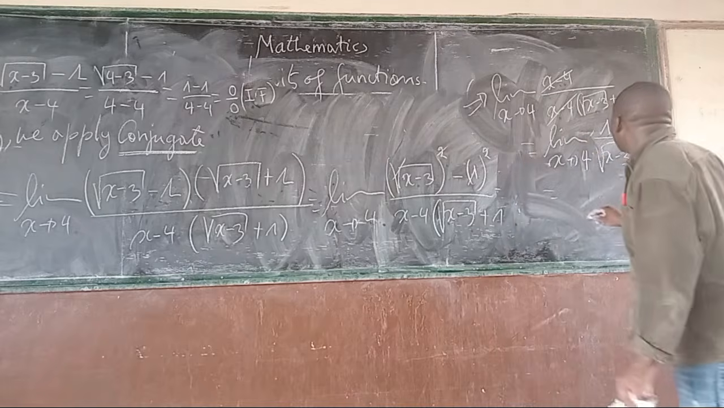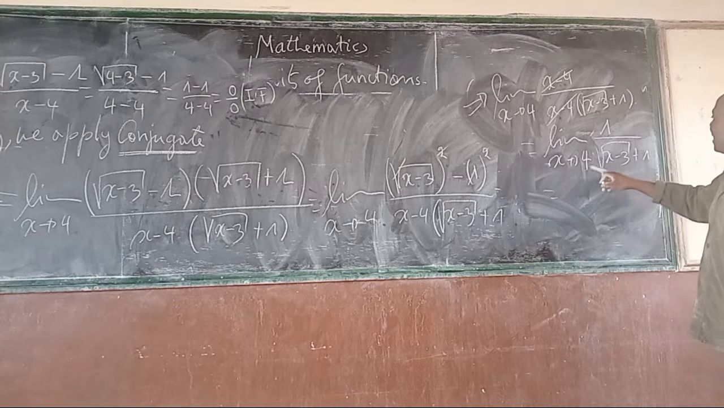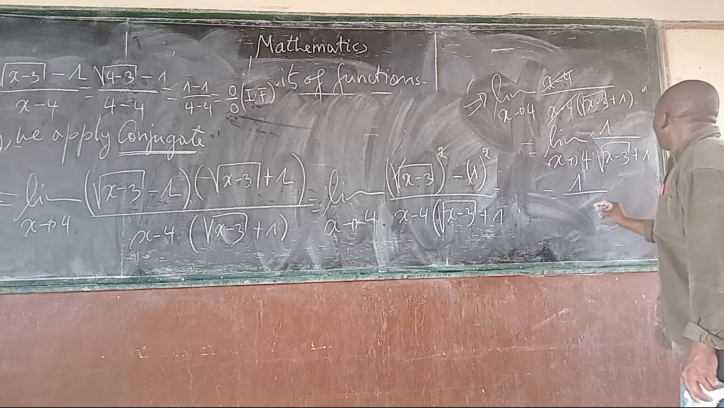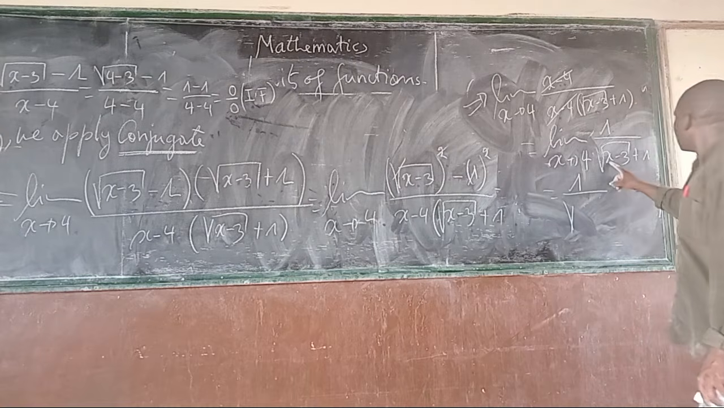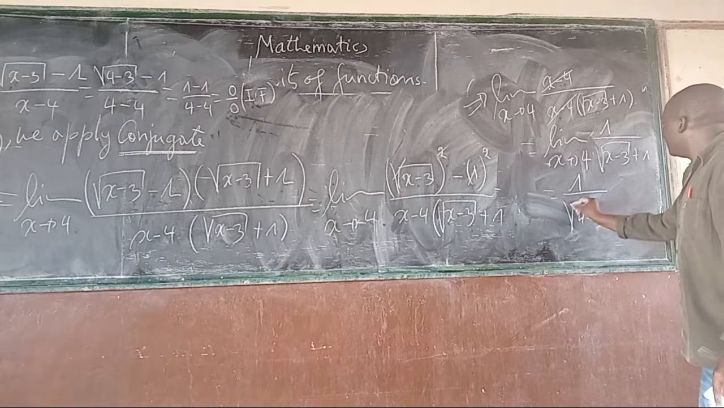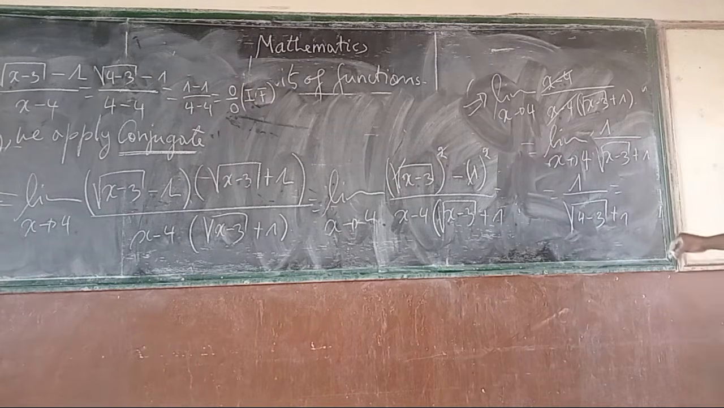Then I replace, in my given function, where there is x, by 4. Then we are remaining with 1 out of, in place of x here, put 4, then negative 3, then positive 1. This is equal to how many? You get 4 negative 3 equal to 1. Then square root of 1 equal to